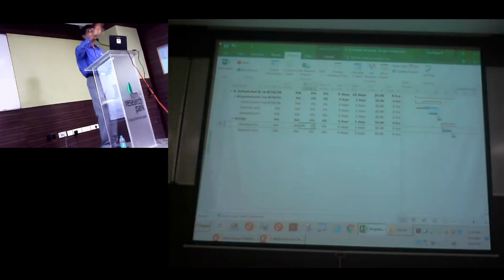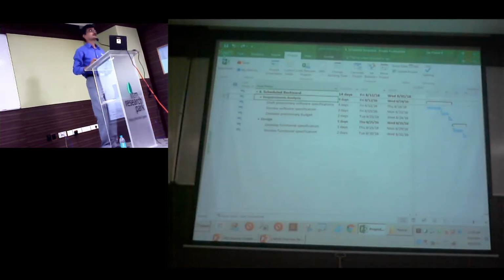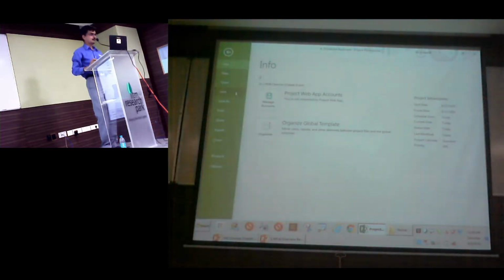So to the first question, how can we add float? You can add dummy activities and add float, just to give an impression that we are doing more work. Okay, but that is not ethical. We don't allow it. But let Project calculate the float of all your activities. So I'll just go back to another plan to show you that, because I need a forward scheduled plan.